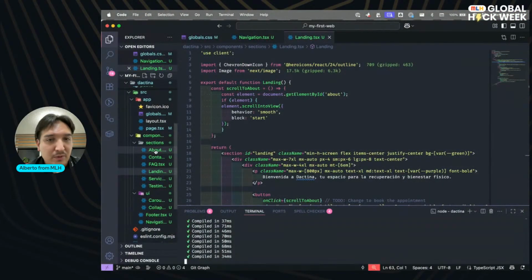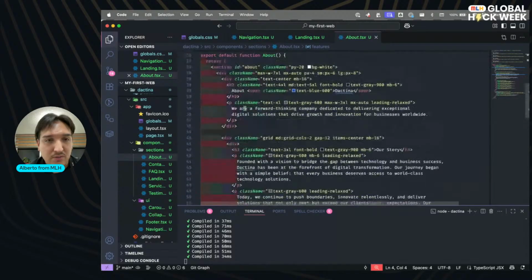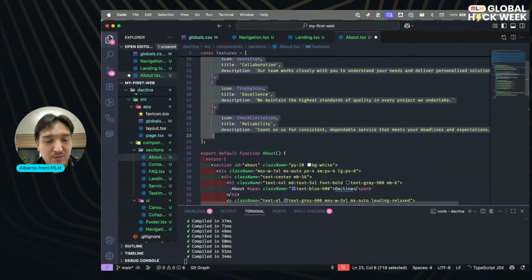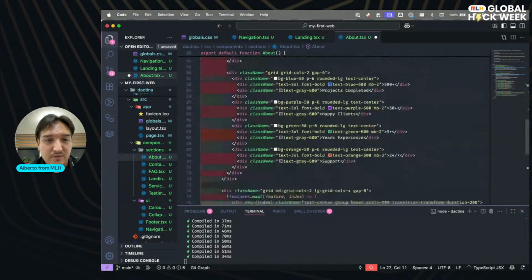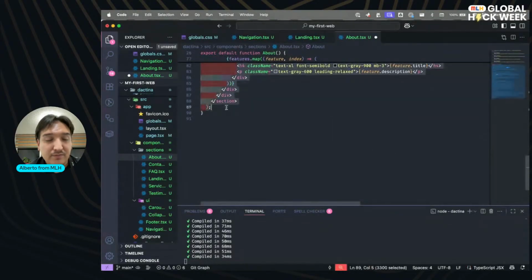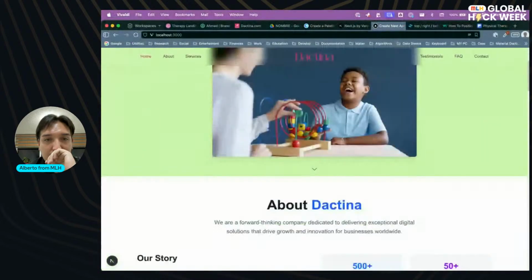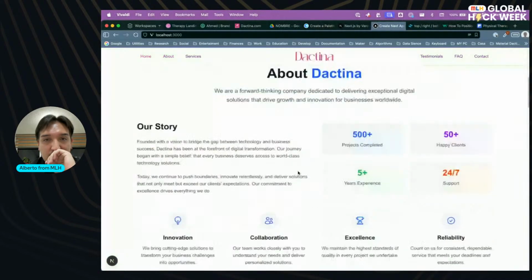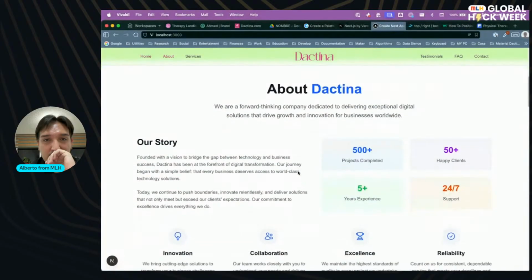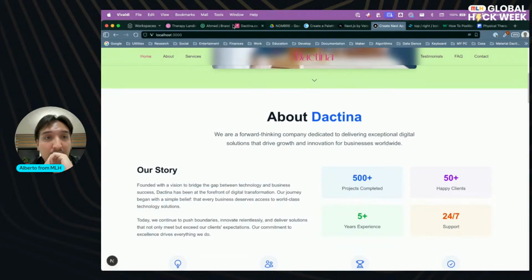So let's move to about. Let's change all of this to the right orientation. And first things first, let's change the color of the background.